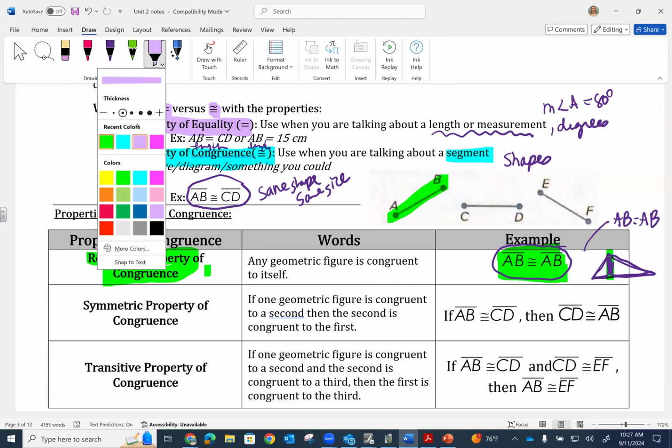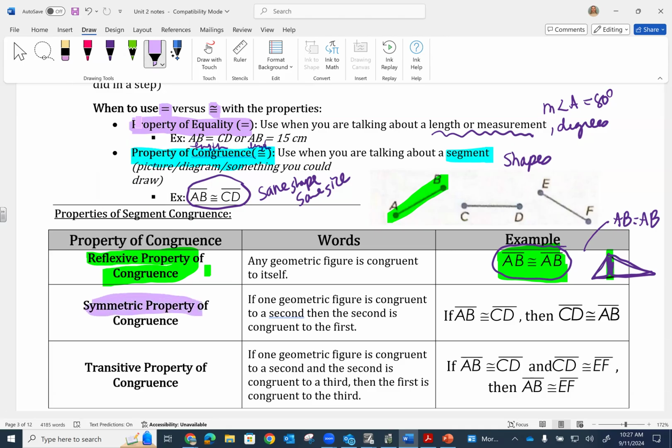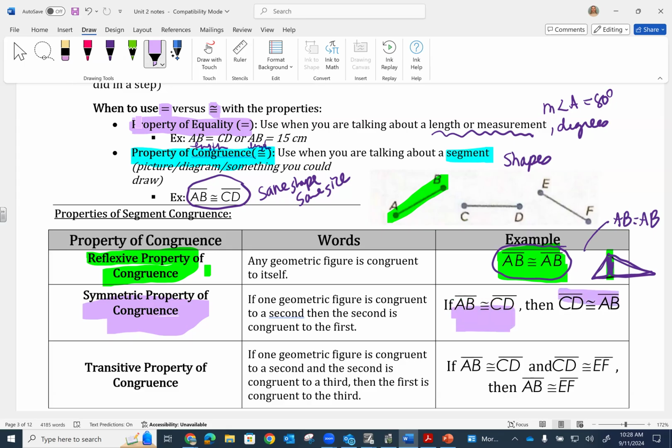Reflex is kind of like when you go to the doctor and they hit your knee. That's a reflex. It's automatic. Something always equals itself. Okay, symmetric property. You're symmetric to yourself, like if you draw a line vertically on yourself. The symmetric property has to do with this: if you write AB is congruent to CD, well then guess what? You could write it in the other order. CD is also congruent to AB. So just heads up, there's a symmetry. You can flip the sides of the